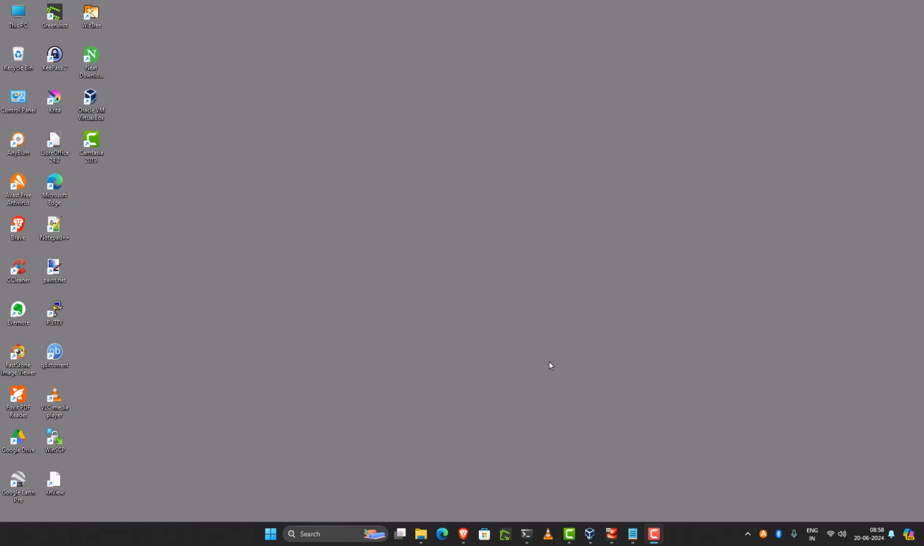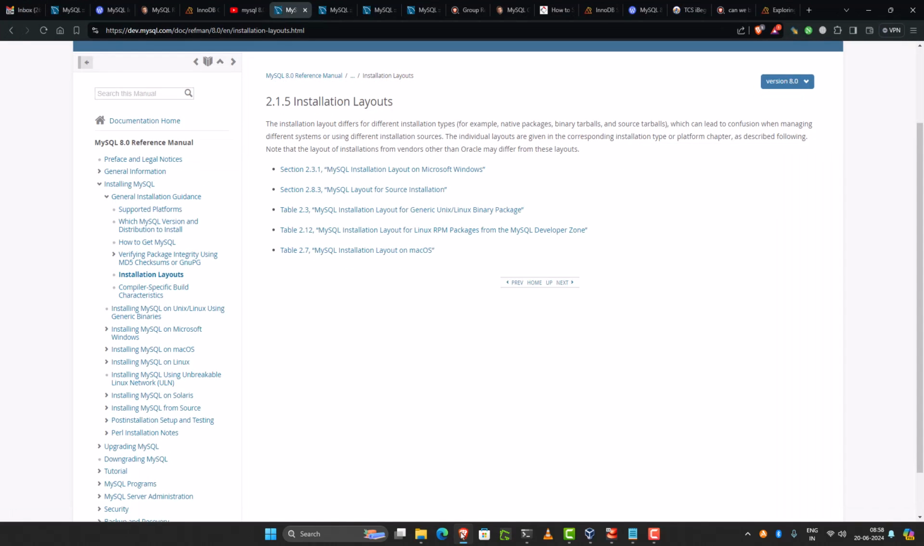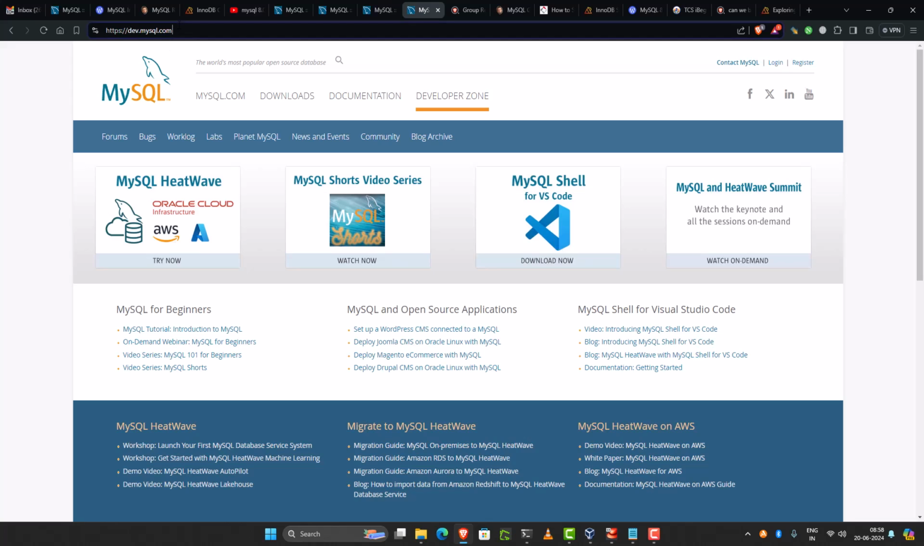So today I will show you how you can install MySQL 8.0.37 version in CentOS 7. So let's start. First, you have to go to the MySQL website, and we are inside the downloads